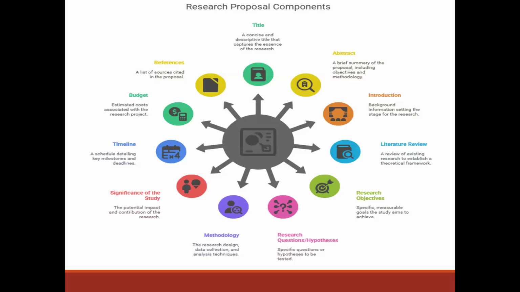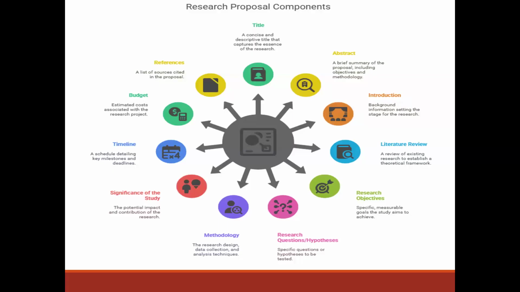The introductory part of your proposal will contain other parts besides the background of the study. It has the justification, the statement of the problem, the significance. So it has basically whatever we need to know before we get into how you will do your work. The literature review section mostly follows after the introductory part of your research.